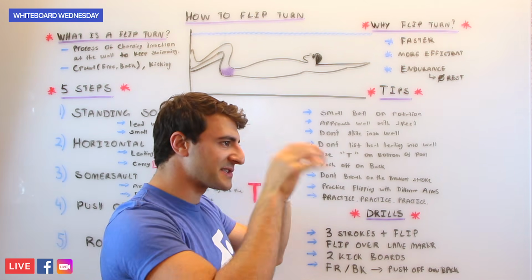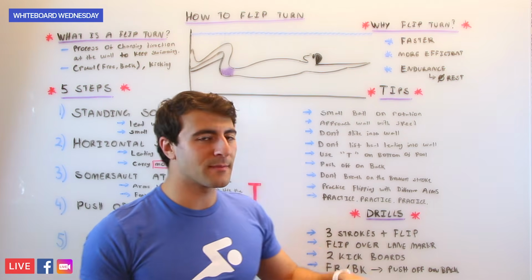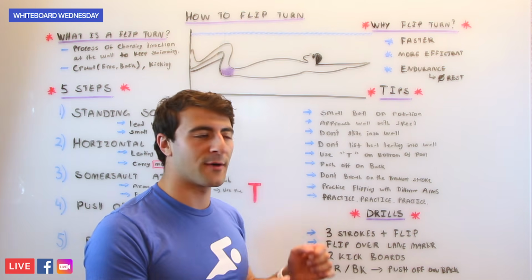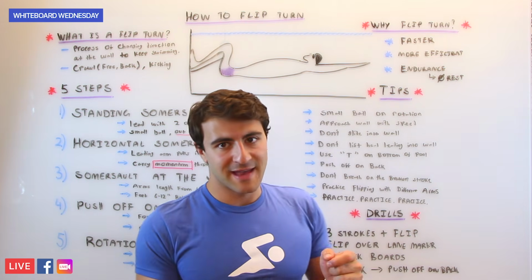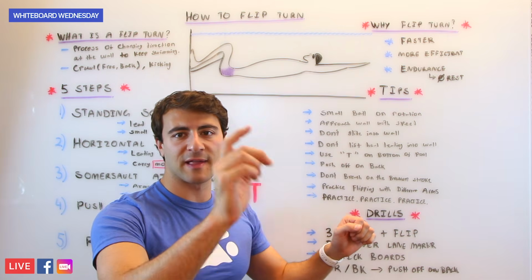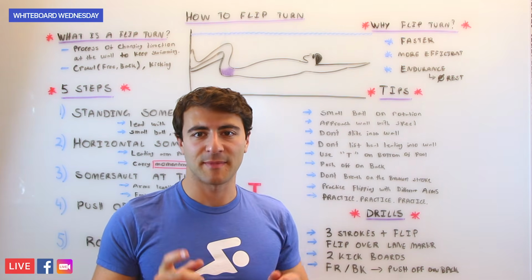Another skill that you can work on with the flip is the actual flip part and getting your body comfortable flipping straight over the top. So if you're flipping over sideways, this drill with a lane marker and essentially doing a flip over the lane marker will help you focus on flipping straight over the top and not over to your side. So the way that works is you grab the lane marker, and the lifeguard may not like this at your pool, but if you tell them it's a drill, they might let you do it.